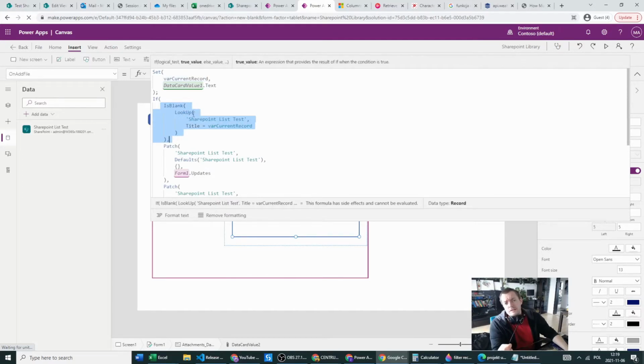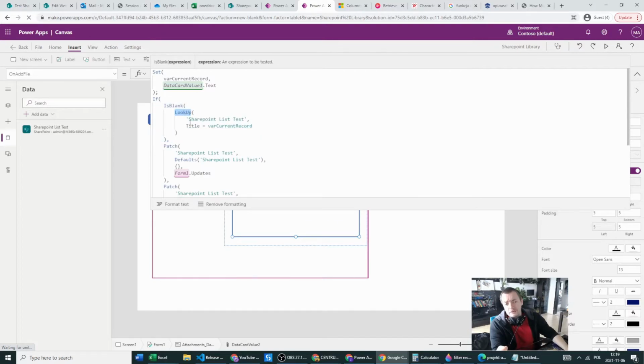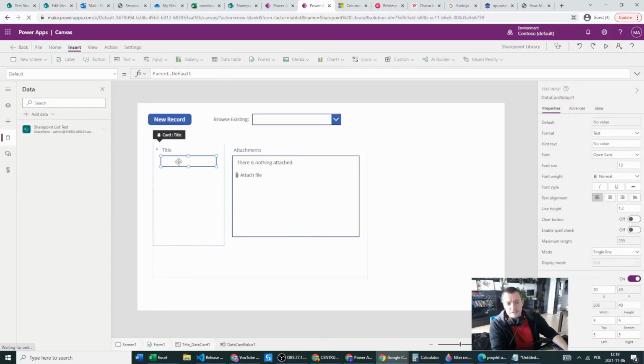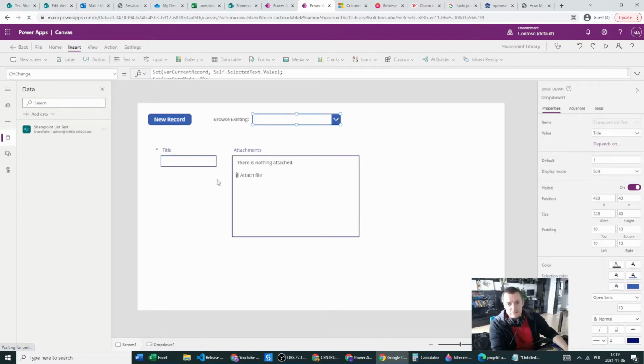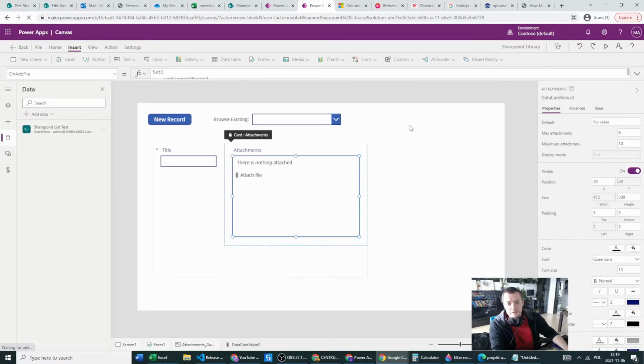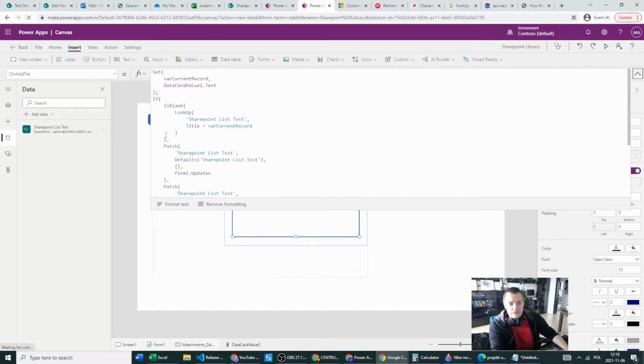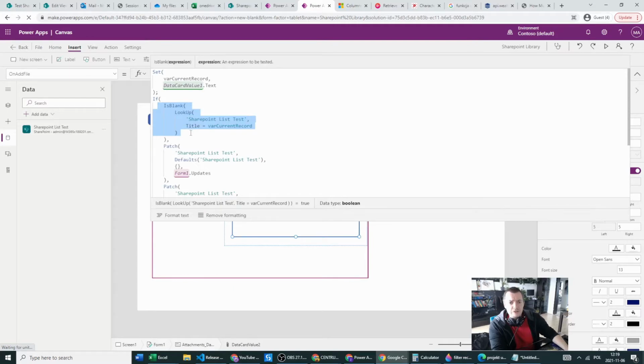And what is it? It's the lookup part of our SharePoint list. In here we will be checking our SharePoint list if title is equal to var current record. And the var current record will be set as this title. But this title will also be set from the dropdown if this is already there. So if this is blank, if there is no title with the var current record, then we'll be going to